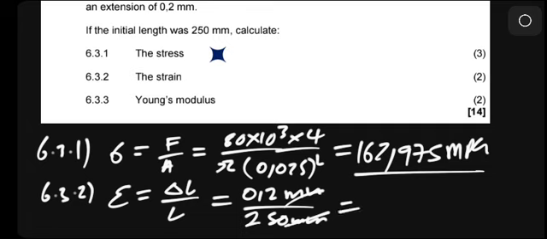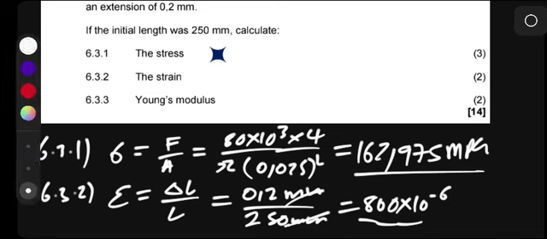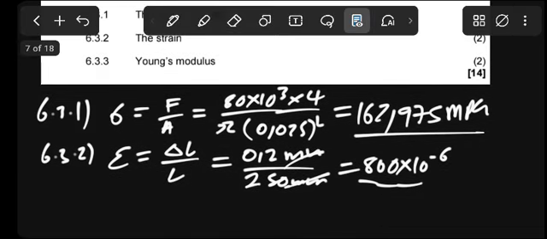0.2 divided by 250 simply equals to 800 times 10 to the power of minus 6. Remember, it has no SI units. This strain has no SI units, will be like that. So what we have here,